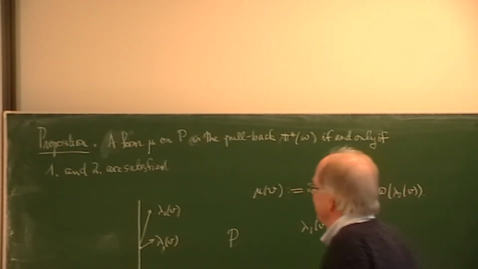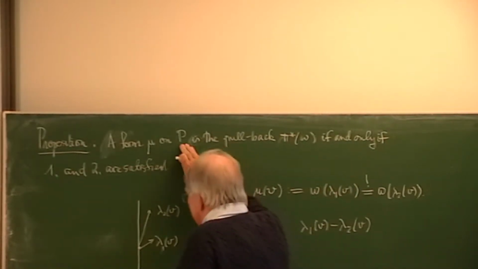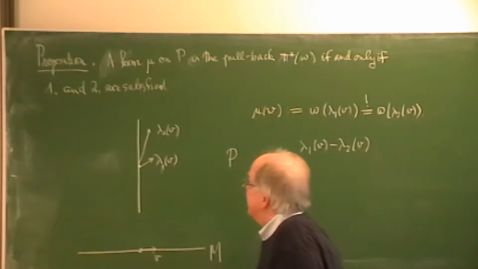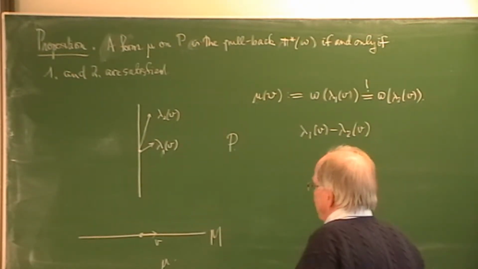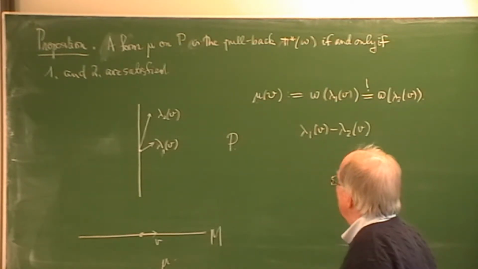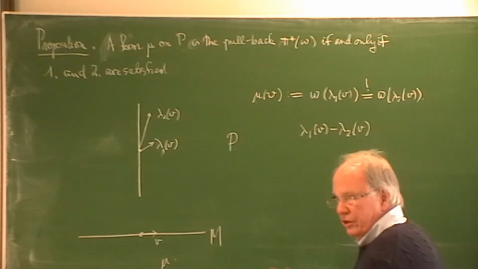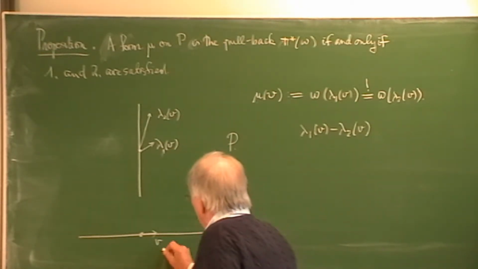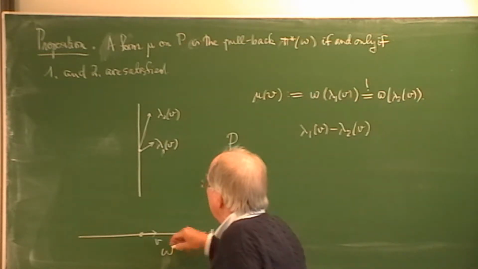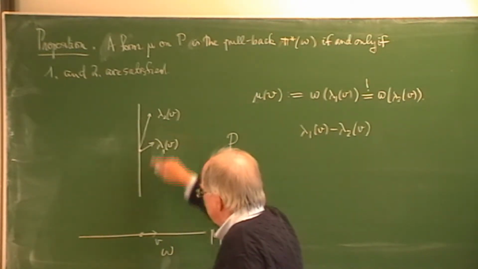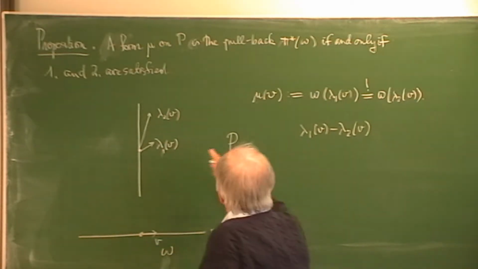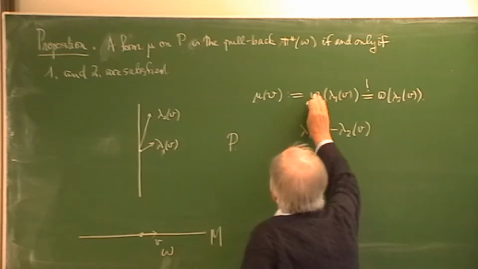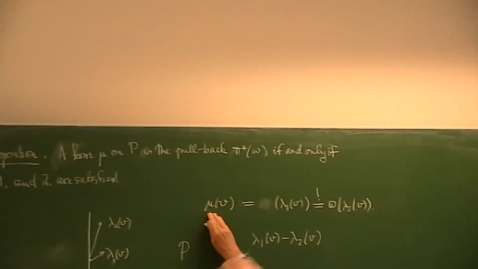Of course, you're absolutely right. So this is mu on p. Yes, this is correct. But I changed. Yes. Okay. So is the pullback of omega? So mu on p. I think I've exchanged mu and omega in this discussion. That's what I've done, right? Let's try it. So I have omega downstairs, and I want to say a form upstairs is going to be a pullback of a form downstairs, mu, and okay. I have to define mu of,